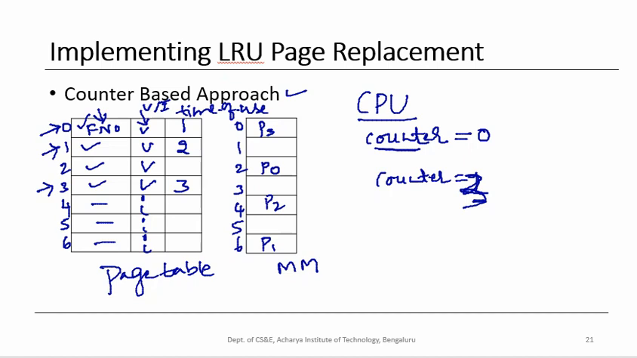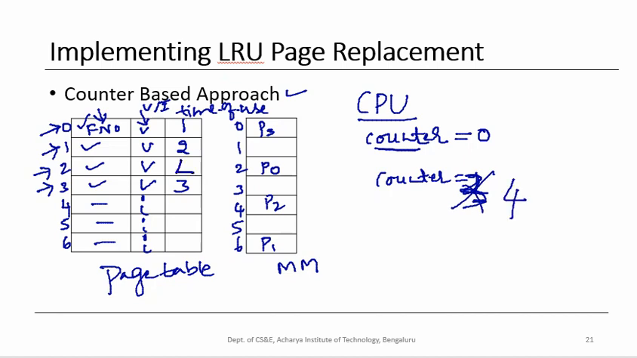So essentially what is happening is every time a page is being referenced, the value of the counter is incremented, and the same value is stored in the last field in the page table, called the time of use field. Now let's say after that page 2 is being referred to by the CPU, and what is stored here is incremented, it becomes 4, and this is being